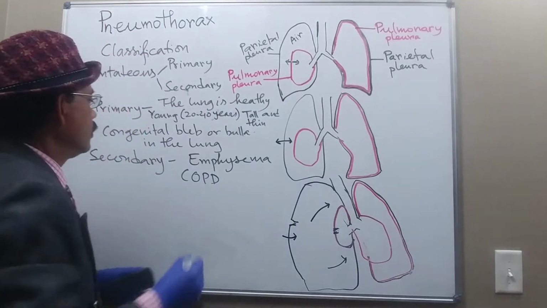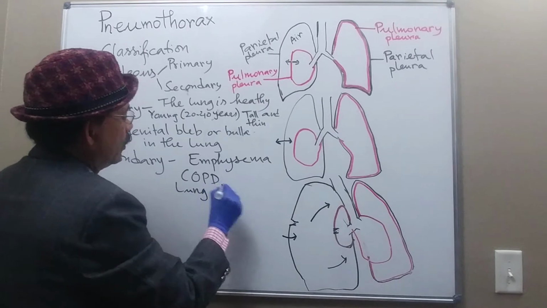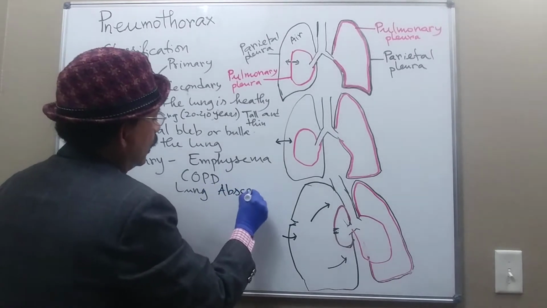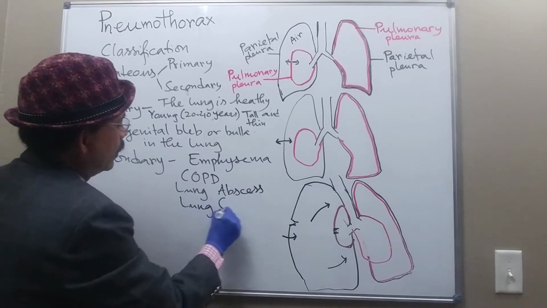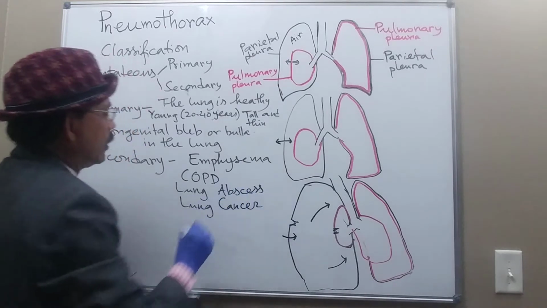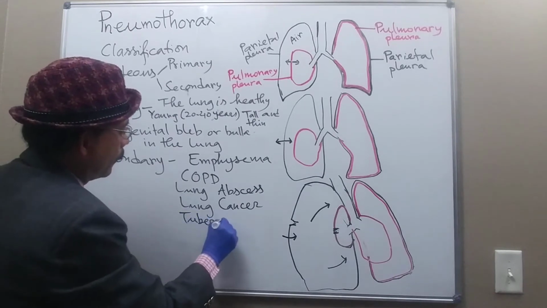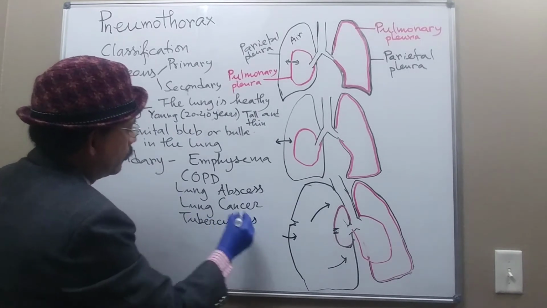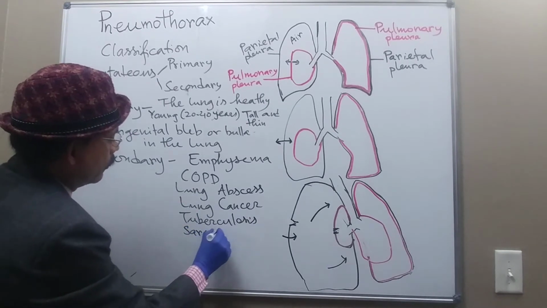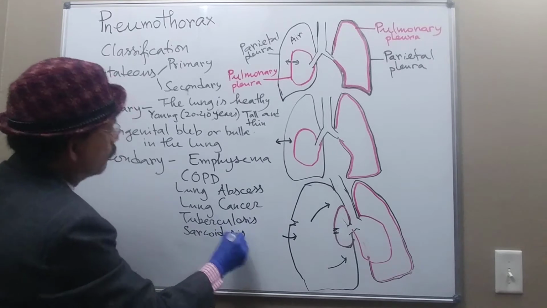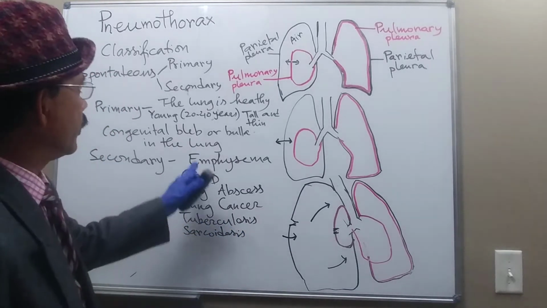In that condition, lung abscess, there may be pneumothorax, maybe lung cancer may lead to pneumothorax. There may be tuberculosis or sarcoidosis that may lead to spontaneous secondary